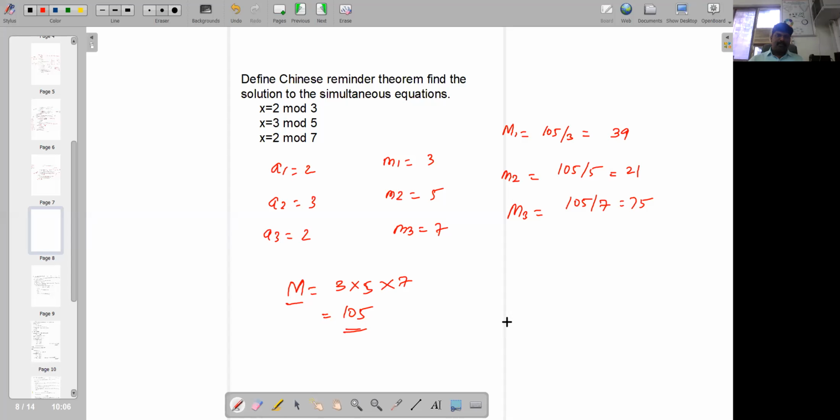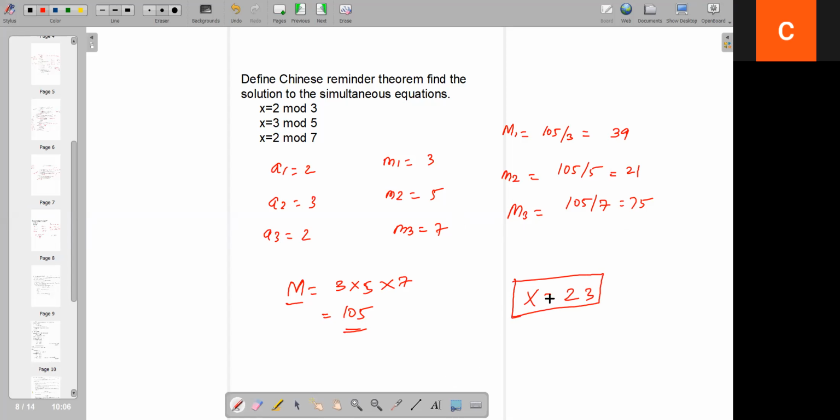Someone has mentioned 23. Oh, what is it? It is the final answer is 23. I just need to confirm. Anwar and Atia mentioned 23. 23 is the final answer. Is it so? Atia Chaudhary, are you there? What is the x equal to 23? Yes, sir. The final answer, right? Okay. So what about others? Are you getting the same final answers?